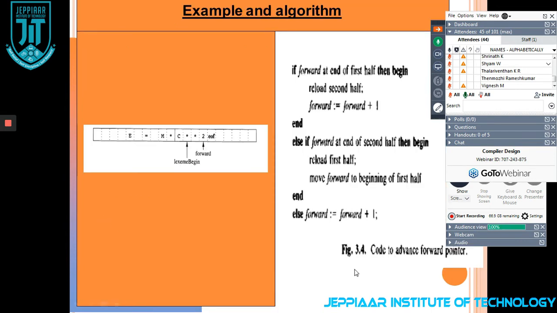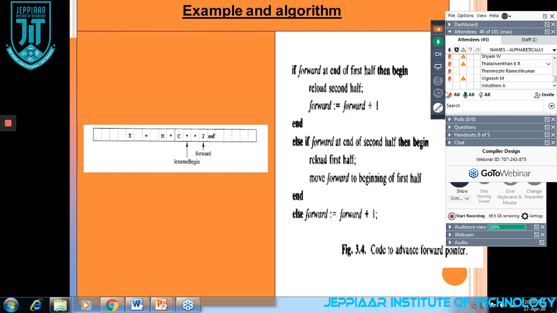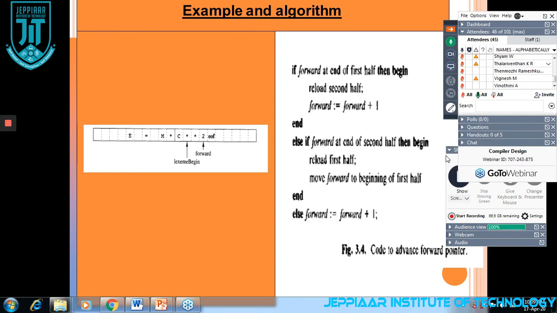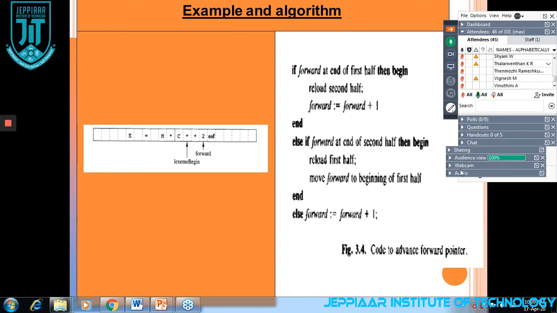We can see an example here, as well as the algorithm. Here, E = M C squared. I have taken a single statement in a program. It is given in two separate buffers.